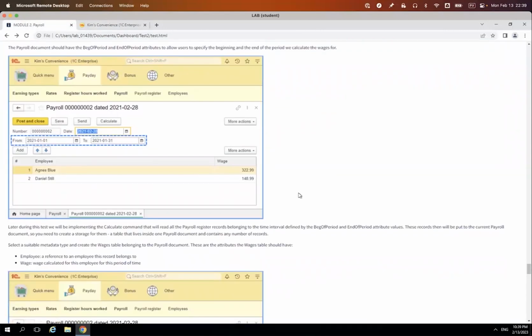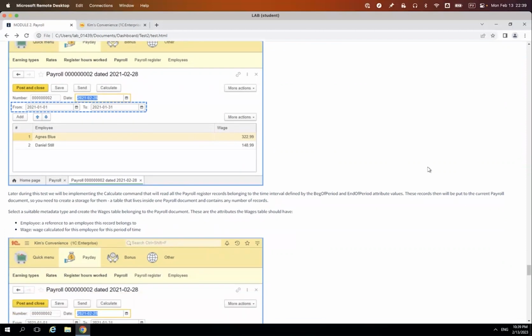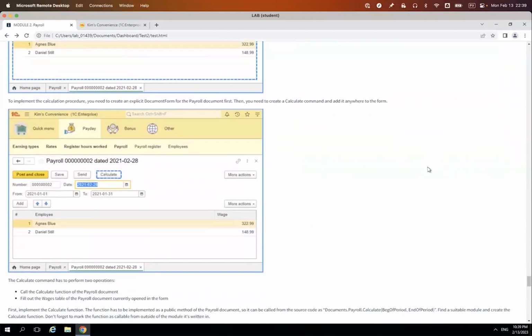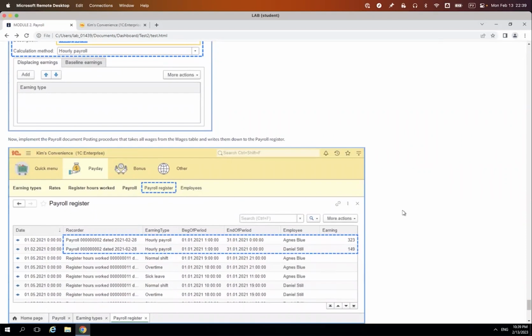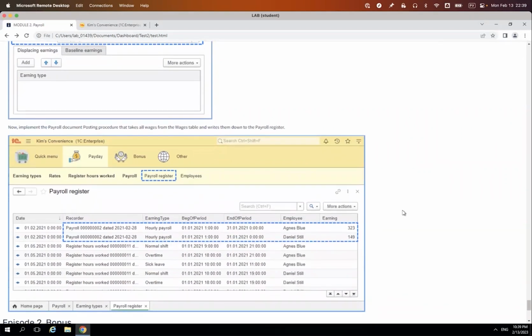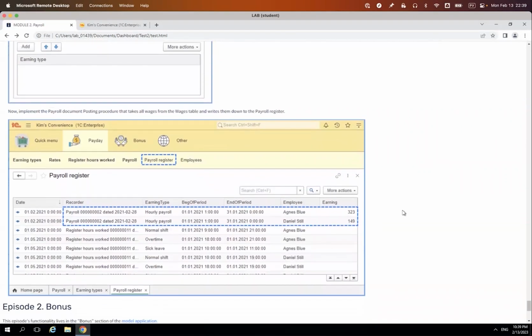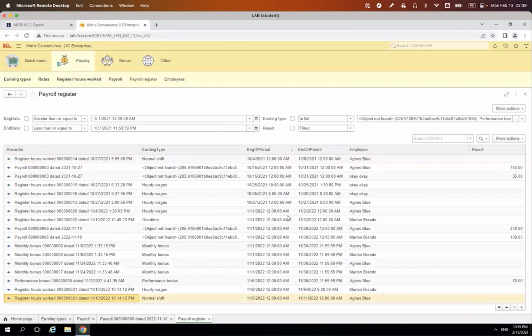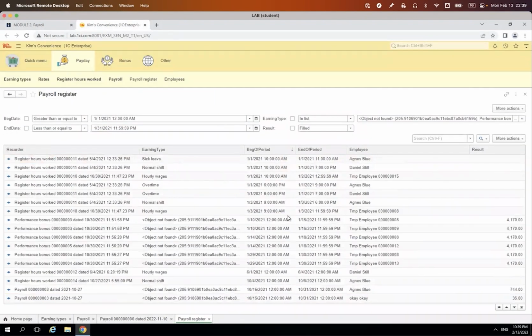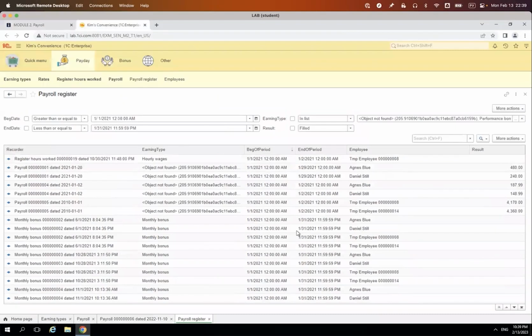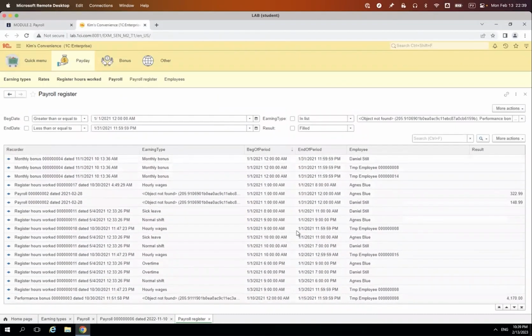So you have your payroll document that you use to calculate and to register how much you paid to every employee. You should have this form. You should be able to look into the payroll register to check if it works correctly. So we need this form to show it to you. So these are all the entries that are in the payroll register. So you will need the same form in your solution, so you will be able to check if it works correctly.